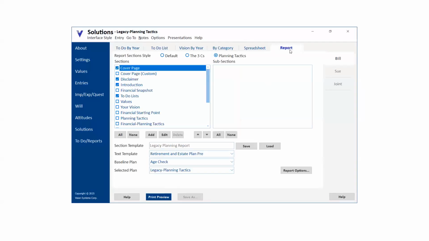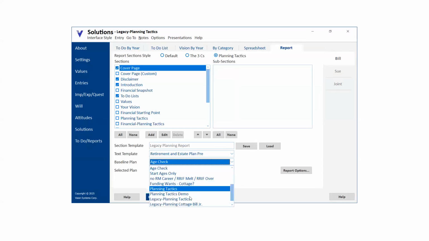So on the report tab, what we would want to do here is take the legacy planning solution where we did not apply any legacy planning tactics